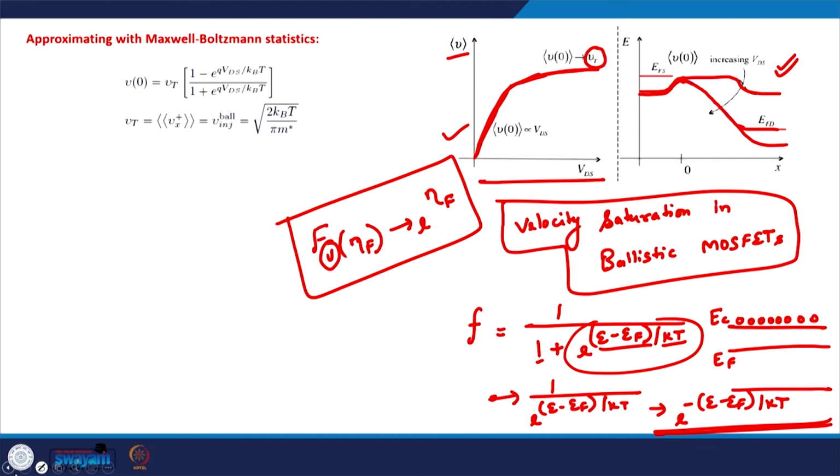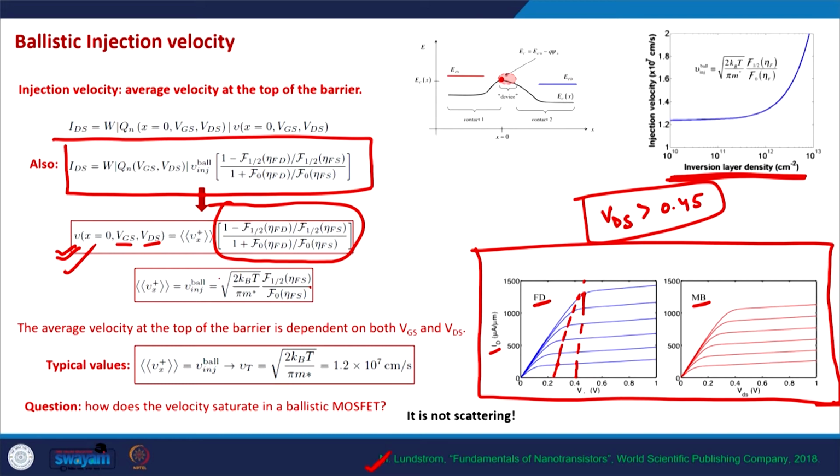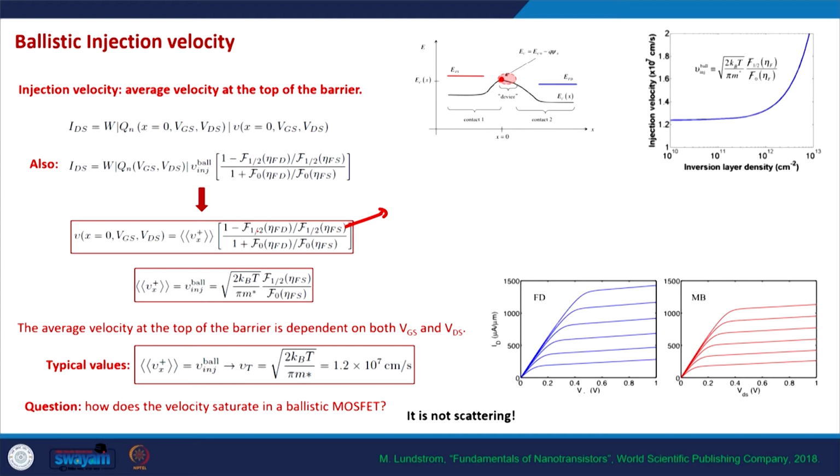So if we do that, then all these Fermi-Dirac integrals here can be approximated by the exponentials. As you can see, on the numerator we have the Fermi-Dirac integral of order half, eta f d, so it can be approximated by 1 minus exponential eta f d divided by exponential eta f s, and the denominator is 1 plus, this is f0 eta f d exponential eta f d divided by